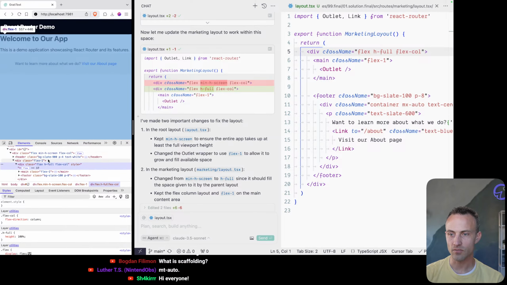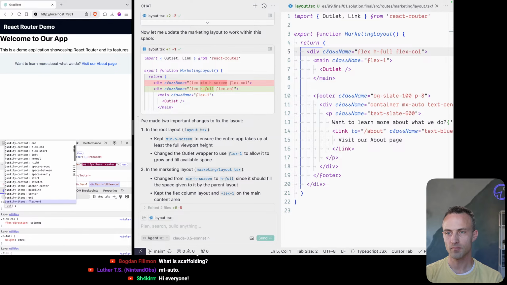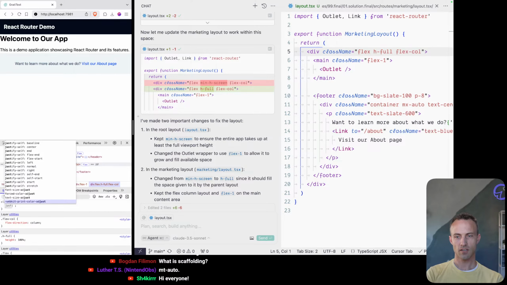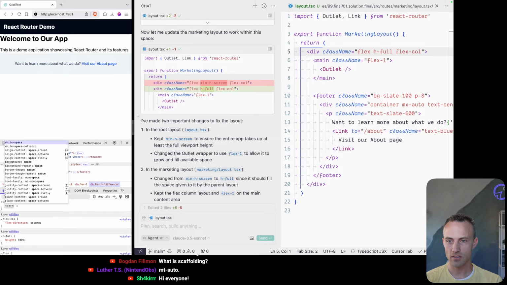Yeah, the height full is not filling it, and that's what's kind of confusing to me. I thought justify, since it's column, wasn't that space? Isn't it like justify content space between, space around? Why is